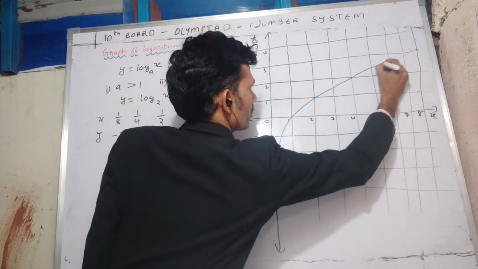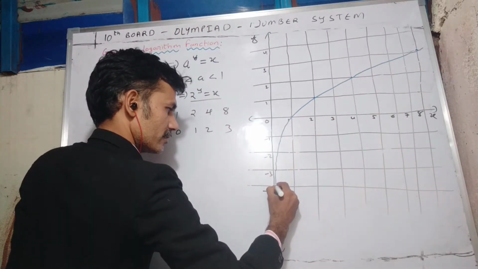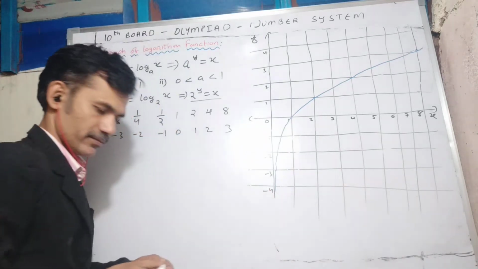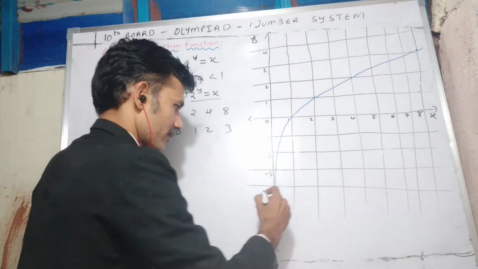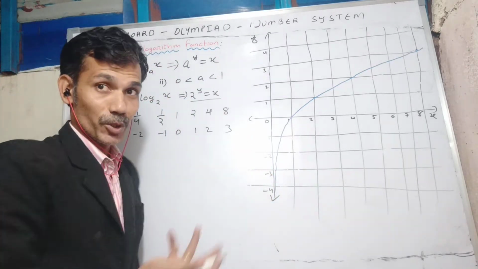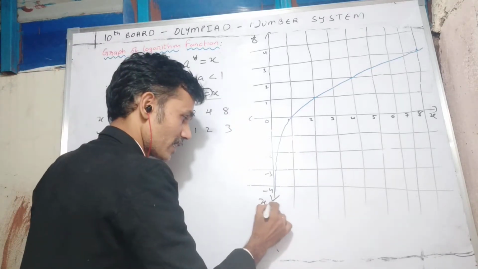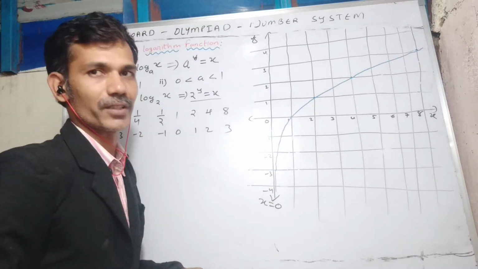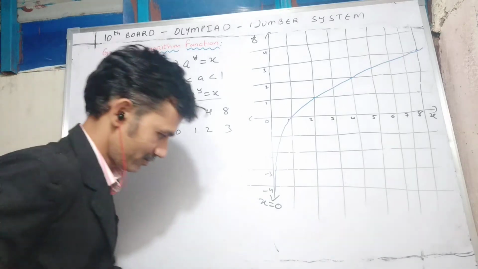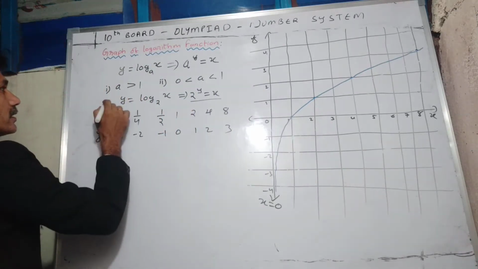We'll discuss more about the curve later. First we'll finish the graph. Here the curve will go nearer to the axis, but it won't intersect. Then what we can say, a vertical asymptote is there. This y-axis itself, that means x equal to 0, is the vertical asymptote of the function y equal to log x. Okay, next, this first case is over.